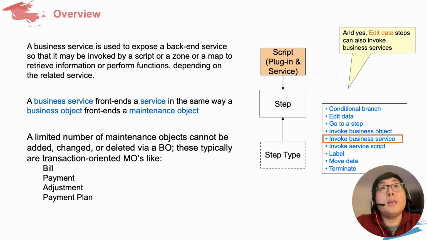The second point I would like to talk about is the business service actually fronts the service in the same way as a business object fronts a maintenance object. So we all know business object, maintenance object, they are metadata based on what we have discussed. Metadata is an application level presentation of the data from the database. Okay, so similarly, the service, when we're talking about service, it's similar